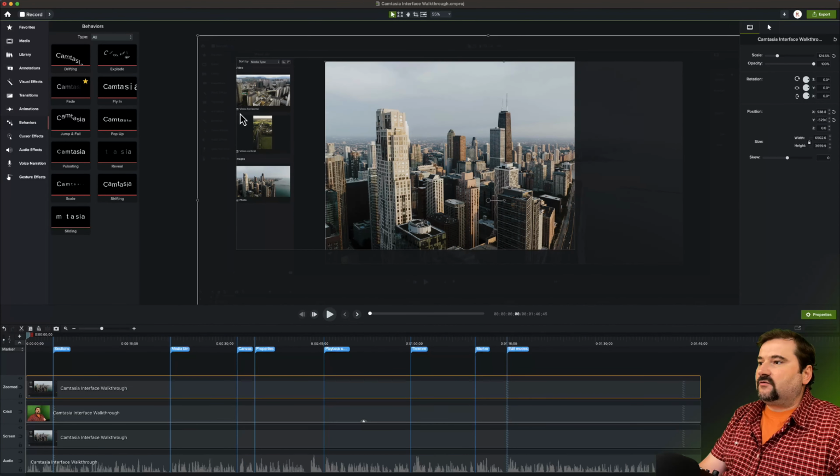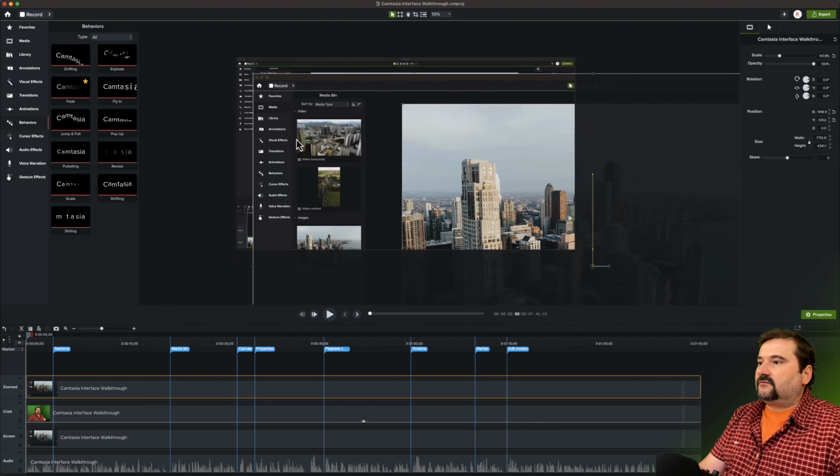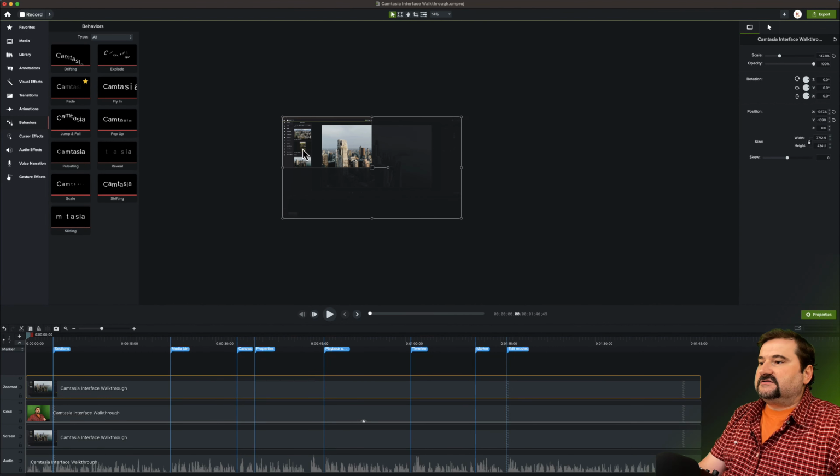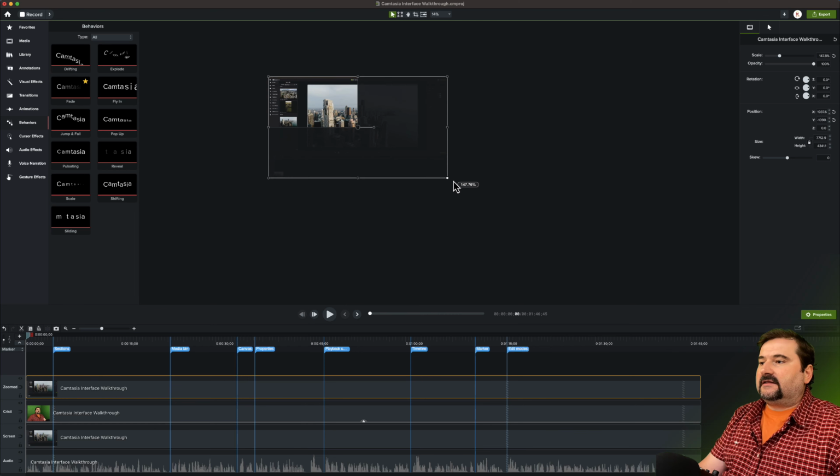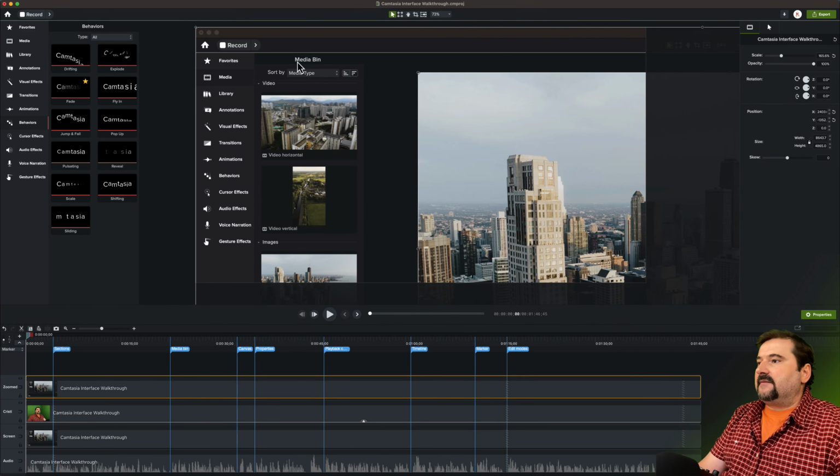So I'm going to zoom this in quite close. Okay, I'm going to make it quite large. If you want to zoom in using the corners, you just zoom out a lot and then you scale your object like this. So let's suppose that I am happy with this size.